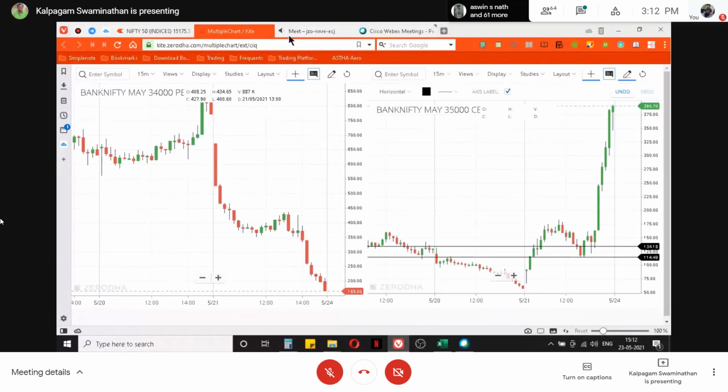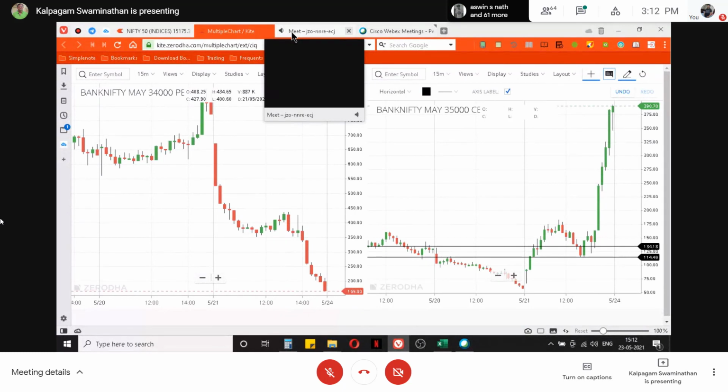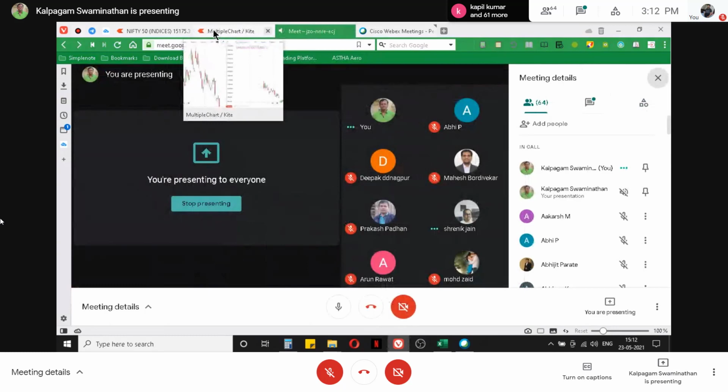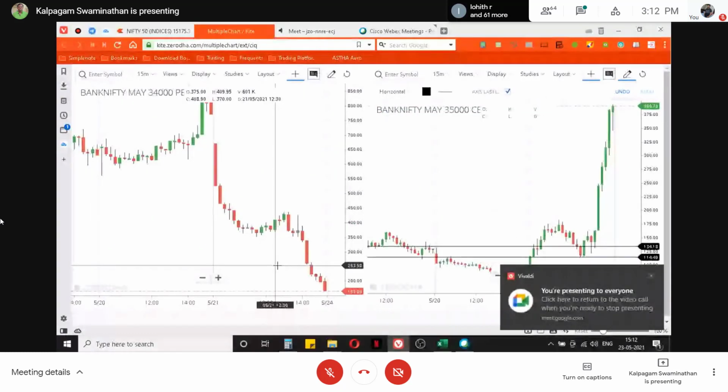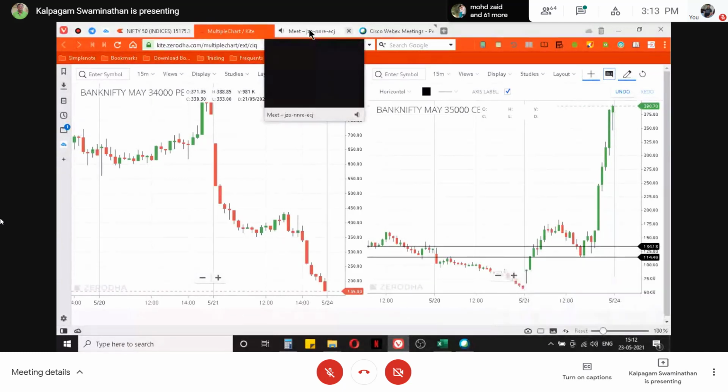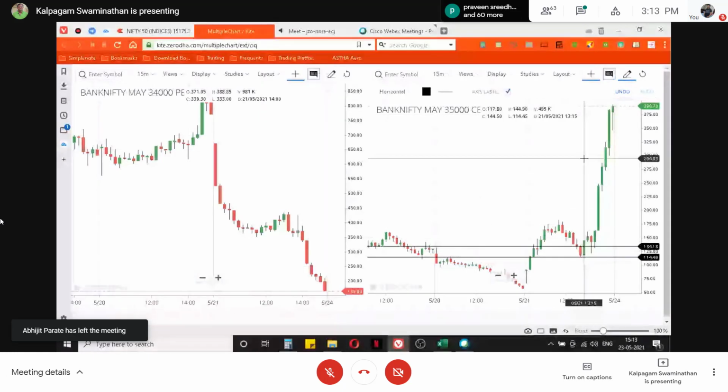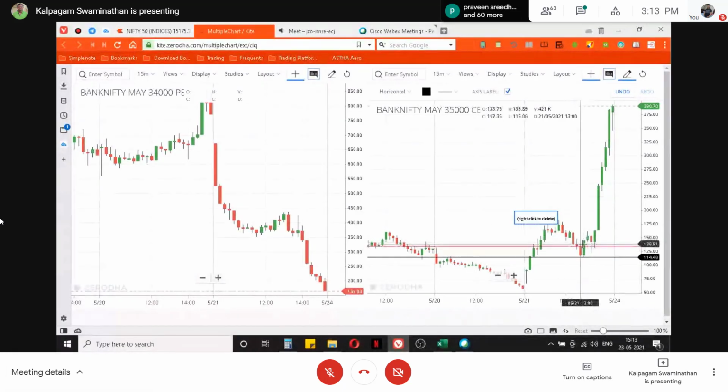Now this is something you need to be prepared for. There is no way you can avoid your stop loss hit. This method only helps you to catch big trends at the cost of a few stop loss hits. If you're totally averse to any stop loss hit, then I don't think you can trade in any method, honestly. But on the call side, sir, we got an entry at around 1 o'clock, I think. So we should wait patiently till that candle. Yes, you have to wait